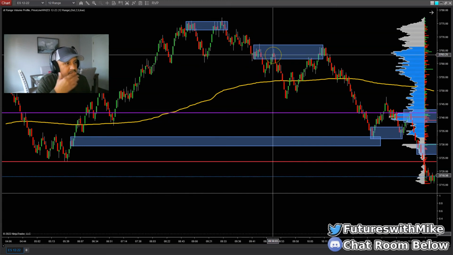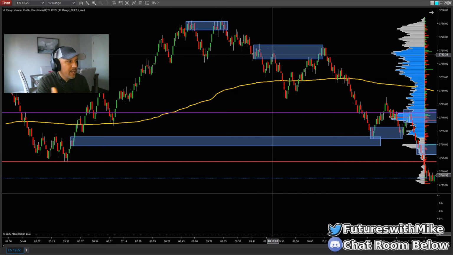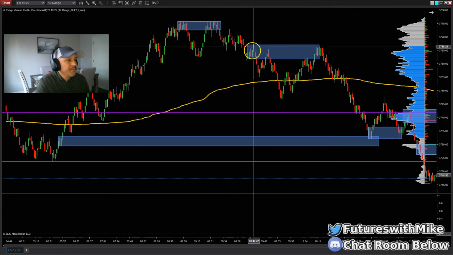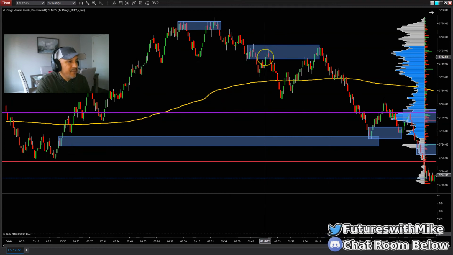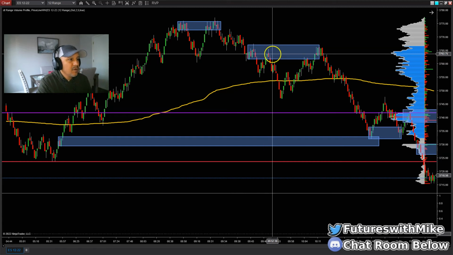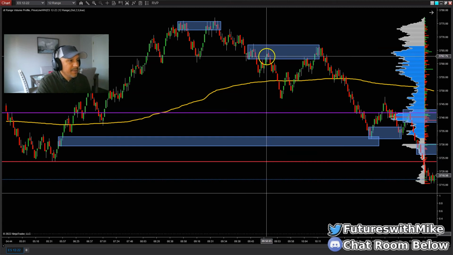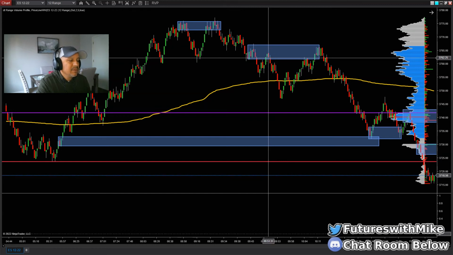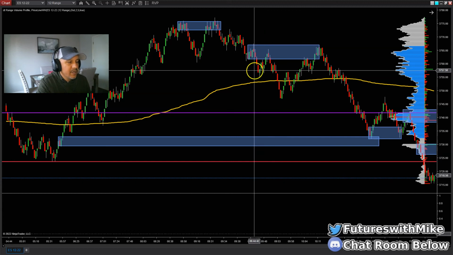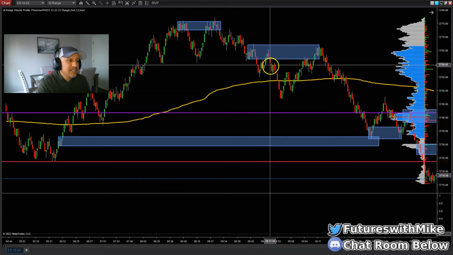Once it returns to this area of supply, we're looking for what? Because I'm a supply and demand style trader, I'm looking for a quick entry to go short with the break of a candle to the downside. The break of a candle means the break of the body of the previous or last candle to the upside, since we're trading an area of supply. So price broke lower with this red candle, breaking below the body of this last green candle. Once I get that, I'm looking to take the trade back down to the area of support right here, this low right here. There's liquidity resting right there, and price does exactly that.